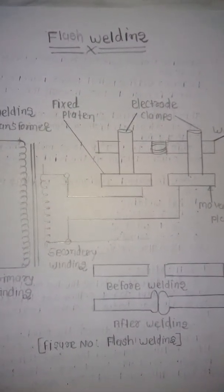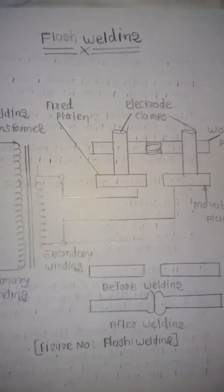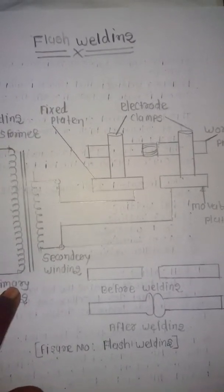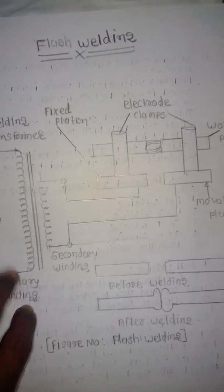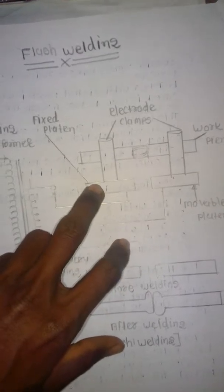Resistance welding, spot welding, butt welding, seam welding, and projection welding. Spot welding. One important part is the transformer. The welding transformer's primary winding takes the supply, and the secondary winding is joined to a fixed plate,